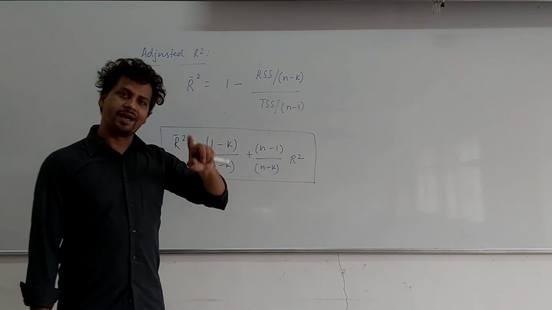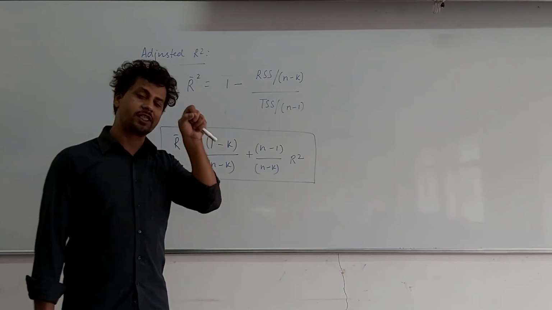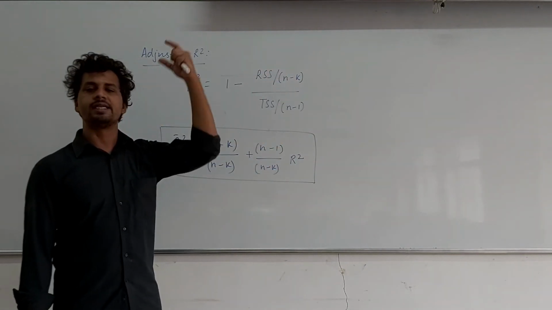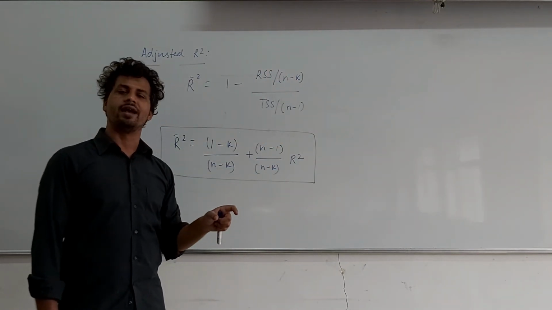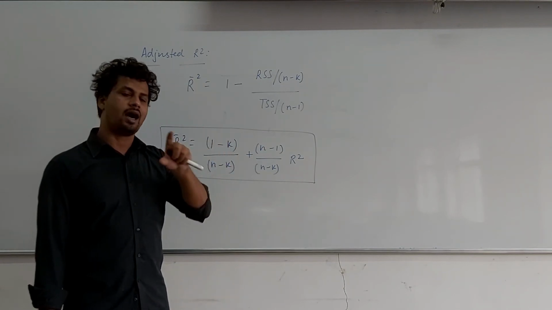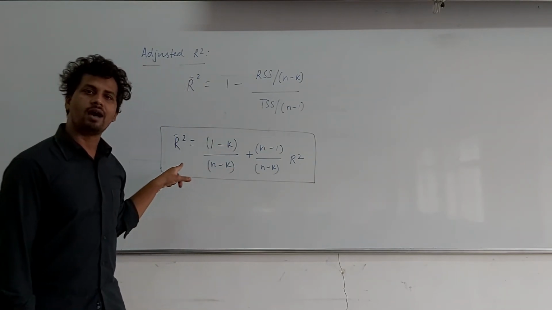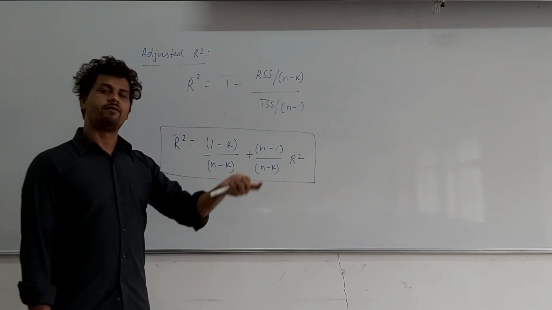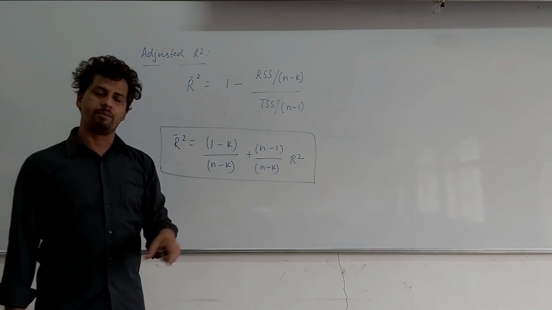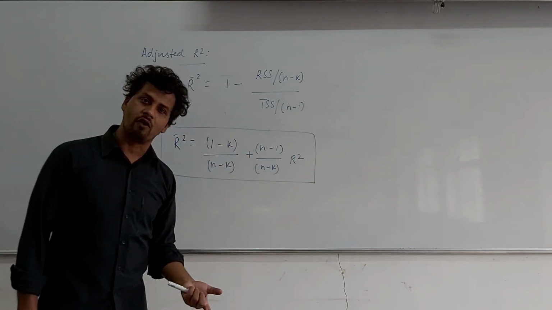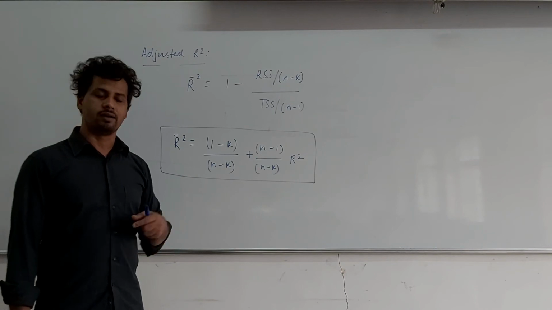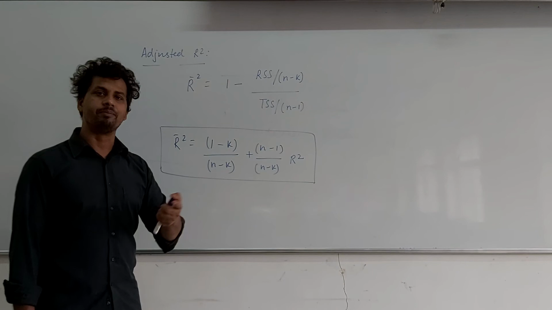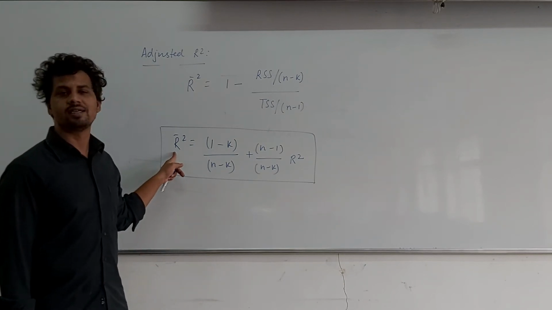In order to compare two models which differ in their explanatory variables, suppose in one model we have used 3 explanatory variables and in another model we have used 4 explanatory variables, then to compare such models R square should not be used. Adjusted R square should be used. Again, if the models differ in their functional form, let's say y in one model is in y form but in another model it is in log y form, or the functional form of the x's differs, in that case as well R square should not be a criterion to compare the two models. Instead, adjusted R square should be used.